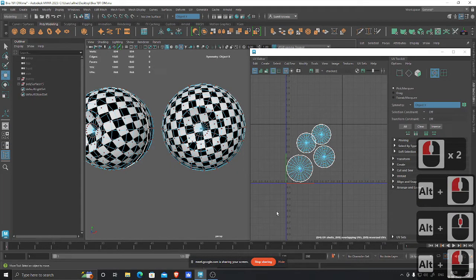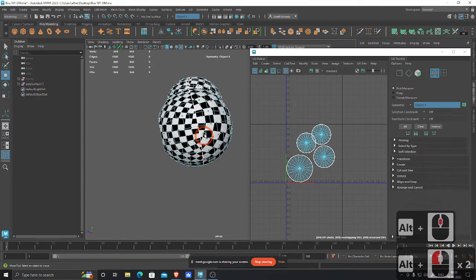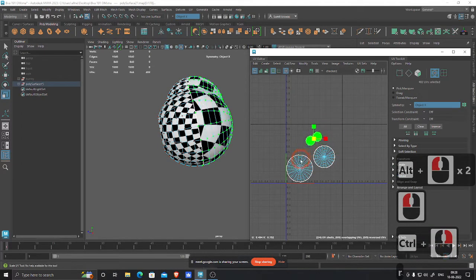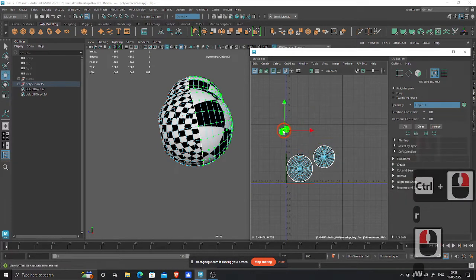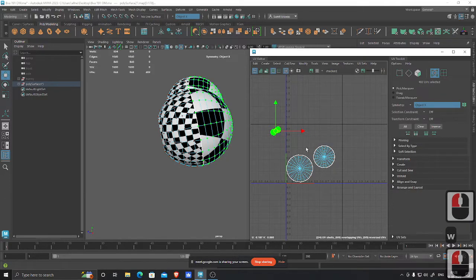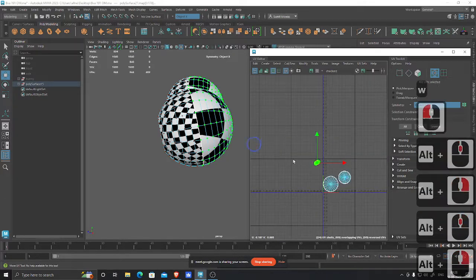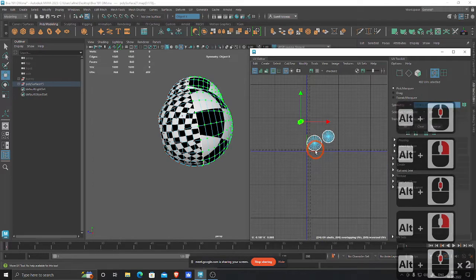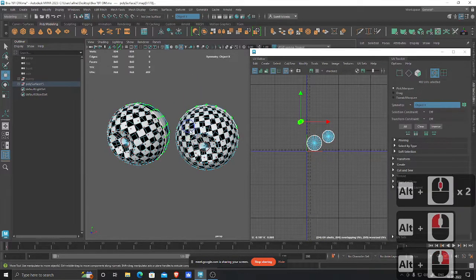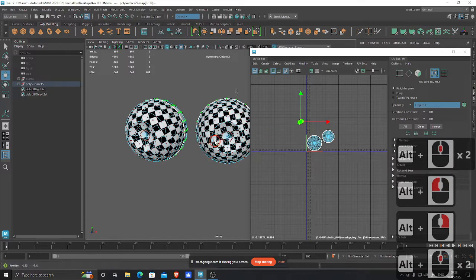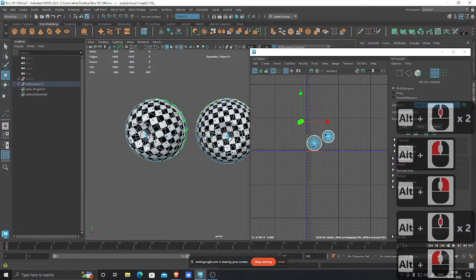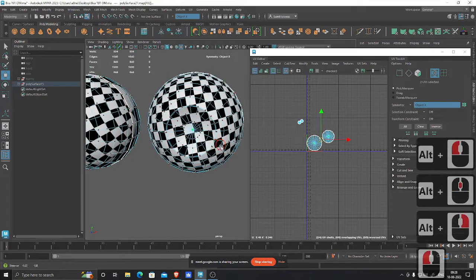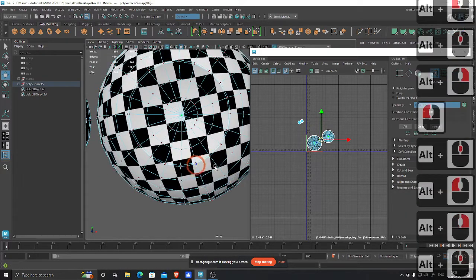Perfectly unwrapped, but for eyes we have to set it a little differently. The back of the eye, keep it really small, because that section is not visible. And you can see the scale issue, the two scales are different, so that is something we can definitely fix. So what I'll do is create one eye, then mirror it, while packing I'll do that. So let it be like this, and just UV